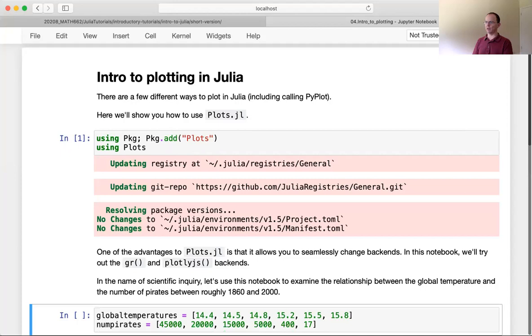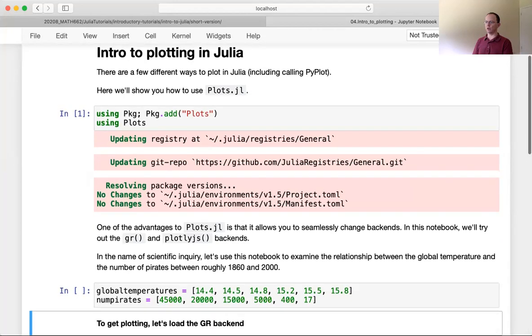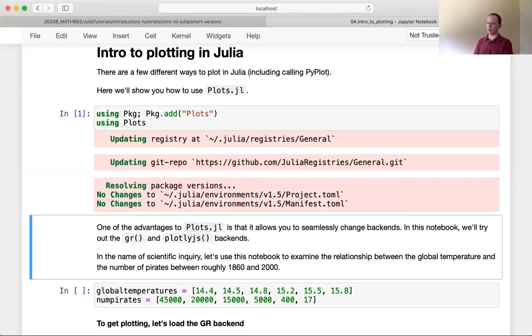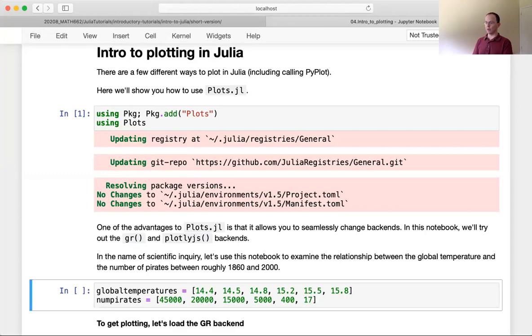Plots is a really nice package that allows you to do a lot of different plots with a variety of different backends. In the past, different backends would have different syntax, but Plots allows you to use the same syntax with a variety of different backends. So you can create a plot and just change the backend and see what it looks like in a different backend. And we'll see what that looks like. Okay, so let's